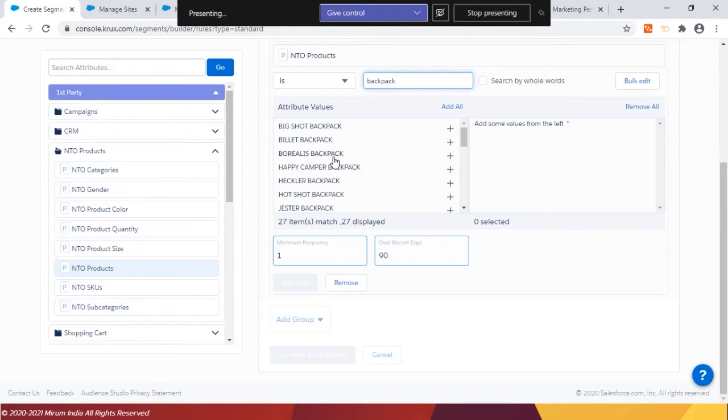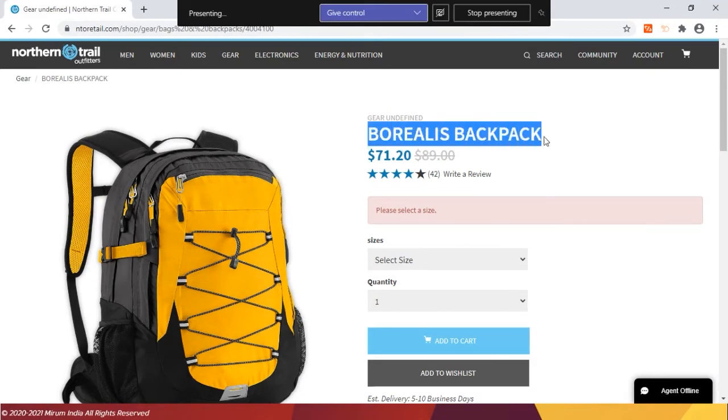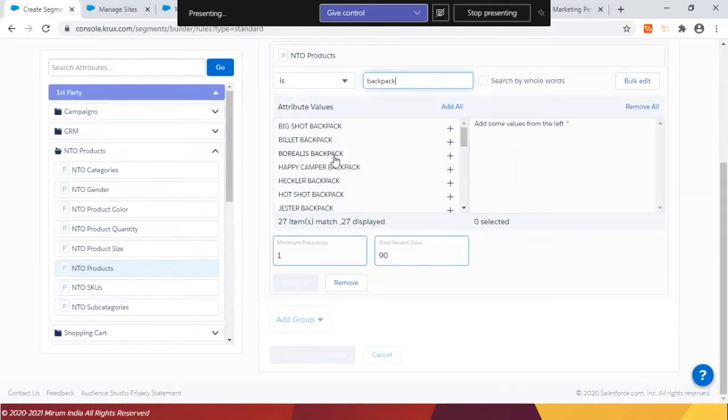So all these SKUs are there, as an e-commerce site would call it, right? And if I remember correctly, I looked at this particular backpack. Let me find all the people who have viewed this particular backpack, right? And they have seen this backpack at least once in the last 90 days. That's a frequency which I'm applying, and I'm highlighting it on the screen, and I'm applying this time check as well. That's the last 90 days.